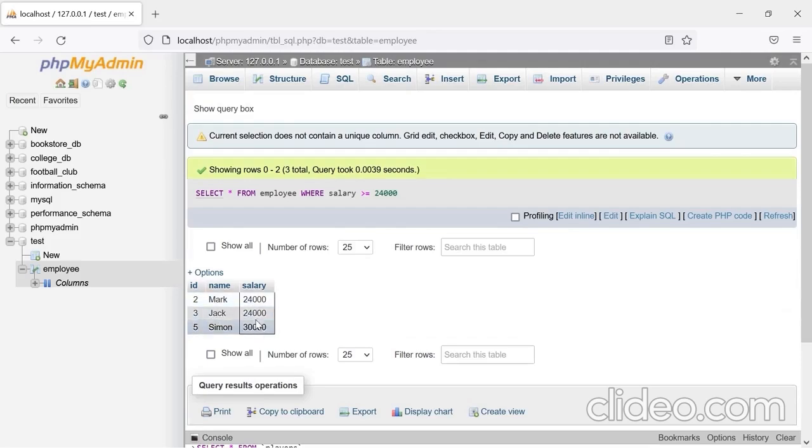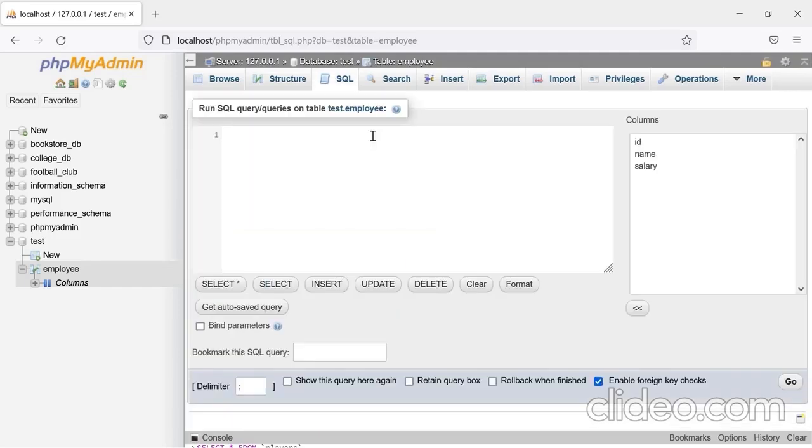more per year. The final comparison operator available in SQL is the not equal to operator. In this final example, the employer wants to know which employees receive a salary that is not equal to $24,000 per year. I can determine this using the following SQL code: select, asterisk, from, employee, where, salary. Then I type less than and the greater than symbols to denote the not equal to operation, and then I